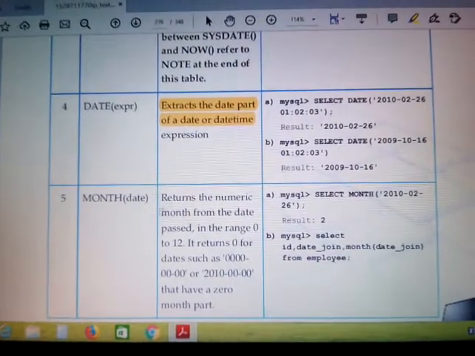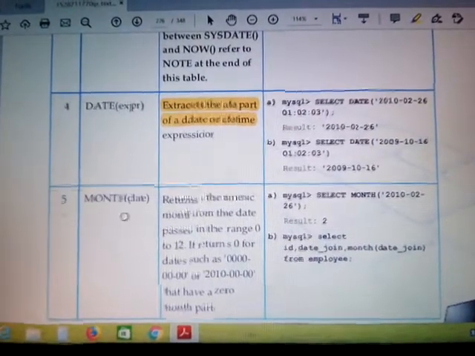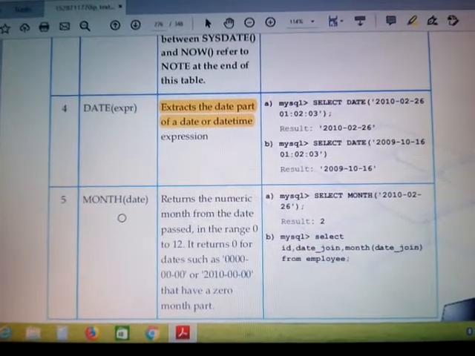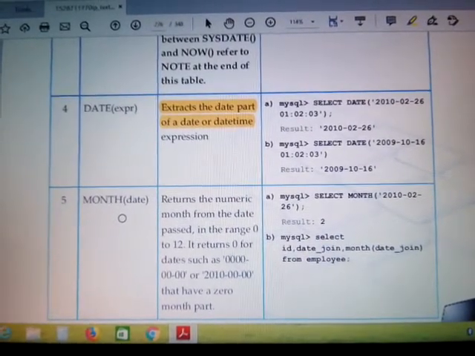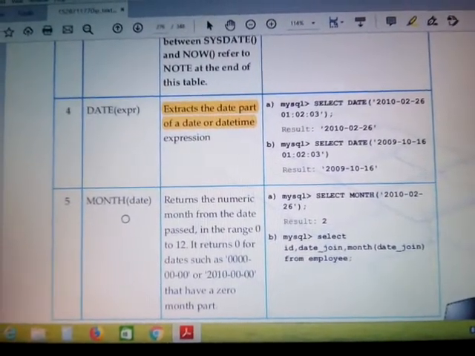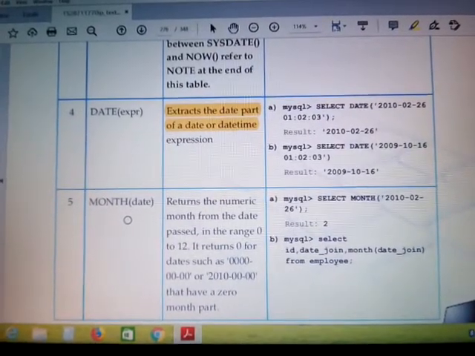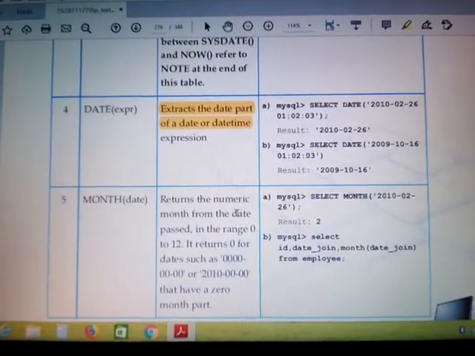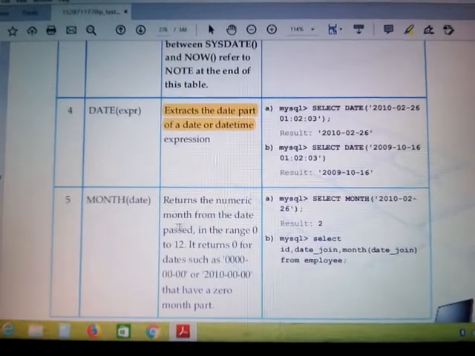Okay. Next function is the MONTH function. The name is clear: MONTH will return the month. Obviously, it will return the month in numeric format, like 1 to 12. Okay, so let us see what this MONTH function does. It returns the numeric month from the